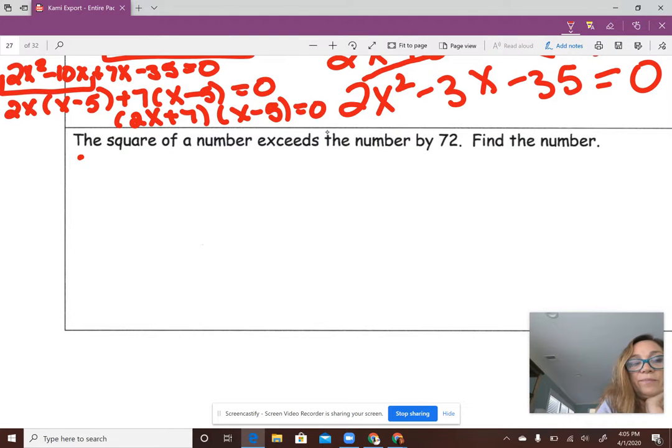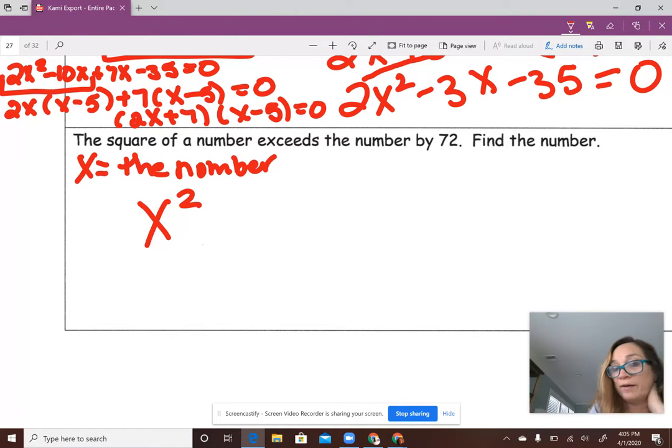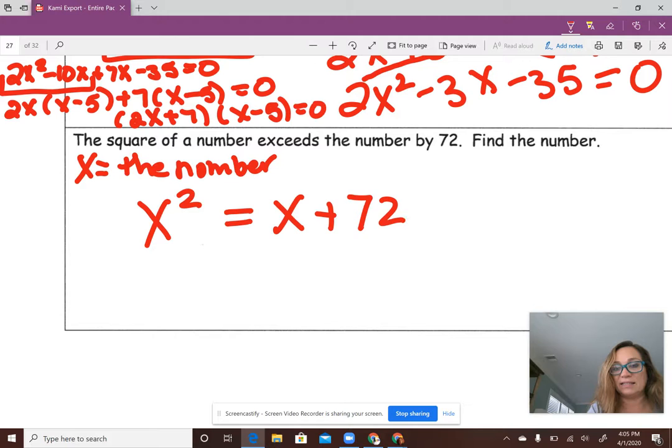All right. So the square of a number, so I'm going to let x equal the number. The square of a number exceeds the number by 72. So here you have two choices. The x squared is bigger than the number by 72. So you can either take 72 away from the square or give the x 72. It's the same thing, because if you subtract on the left, it's equal to adding on the right, okay? If I set this guy equal to 0,